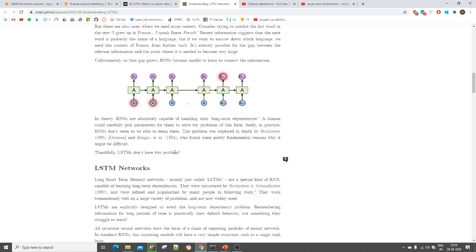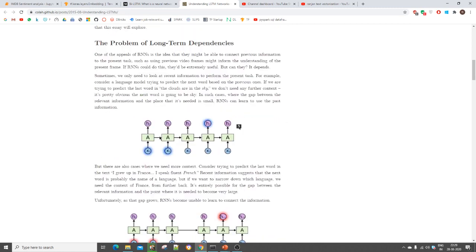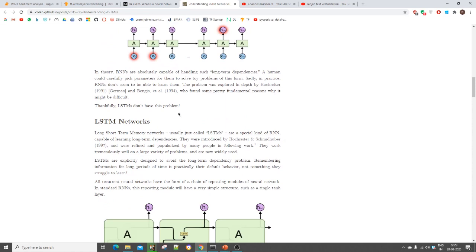I will be covering these in my next videos. In this video I'm just covering some basics. RNN has three problems: first the problem of long-term dependency, then the vanishing gradient and the exploding gradient. These problems got solved in LSTM. We can also solve these problems by using RMSprop or any other gradient descent algorithm, but I am using LSTM here.